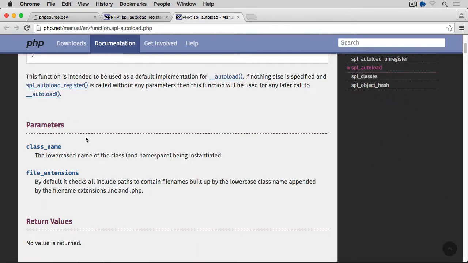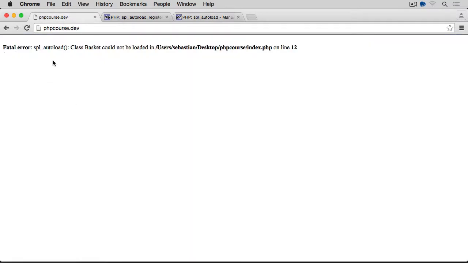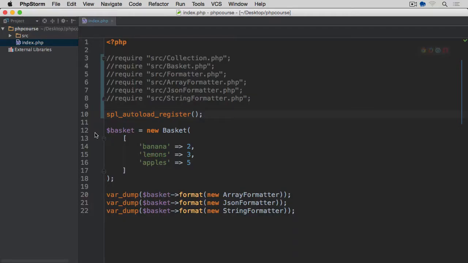And as we read, this SPL Autoload will check on the include path if there are any files with the name of the class that we are trying to look for, trying to use, with the extension appended to the file, either .inc or .php. Okay, so if we run this now in the browser, obviously we get that the class basket could not be loaded from within our file index.php on line 12. So obviously here we're failing, the default implementation is not going to work, and this isn't going to work because